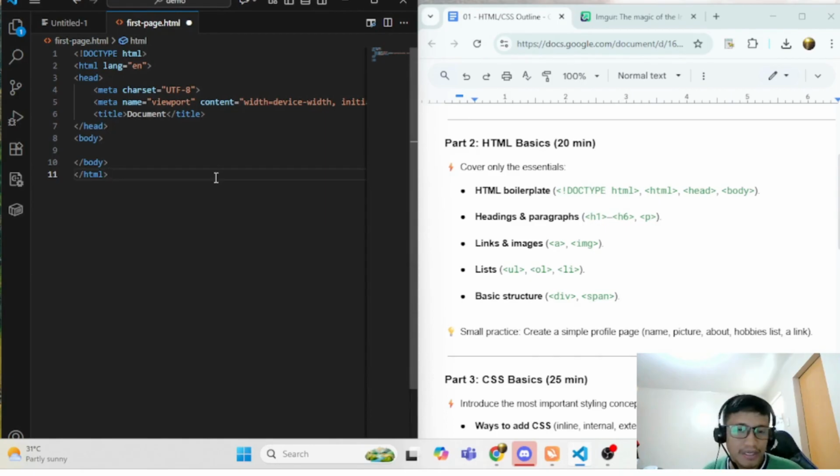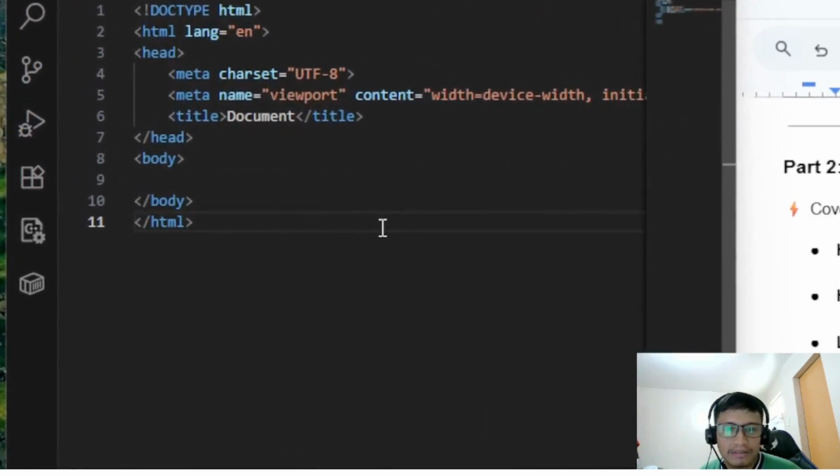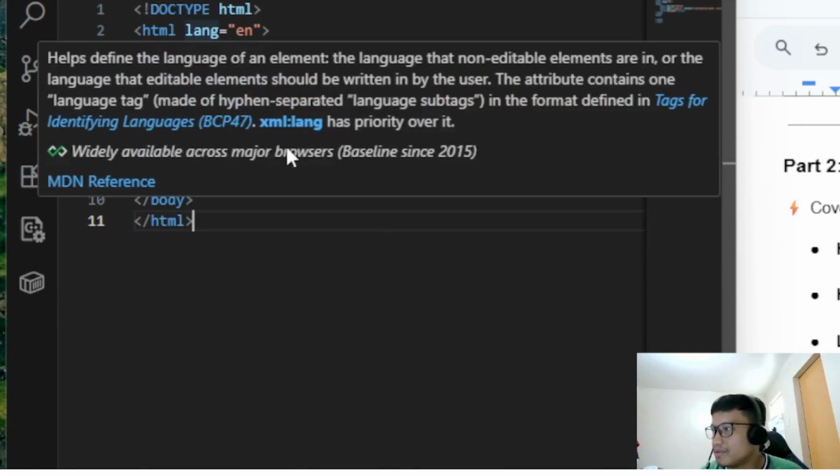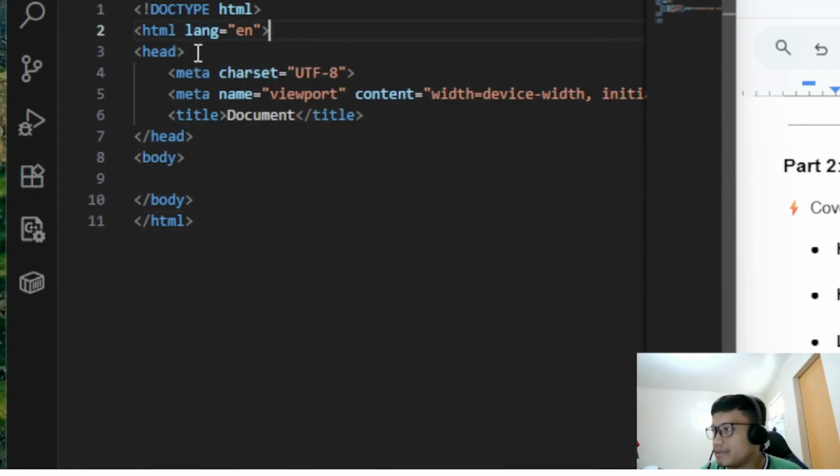Now, as you observe, when you create HTML code, there is a pairing. For instance, this is the beginning of head, and this is the closing.